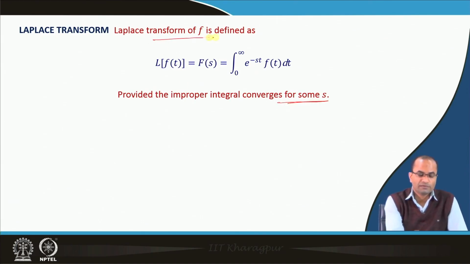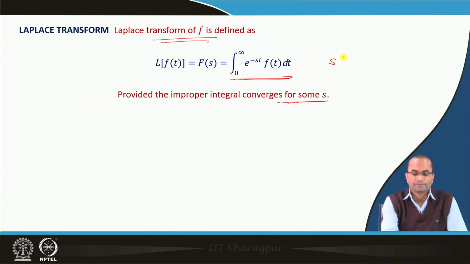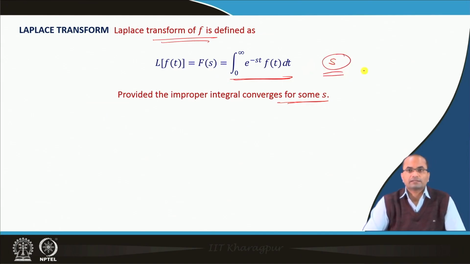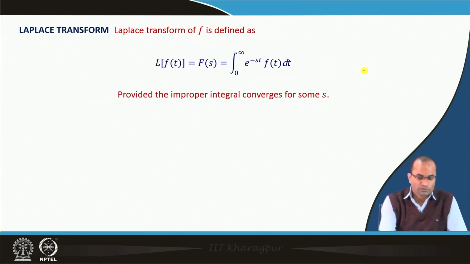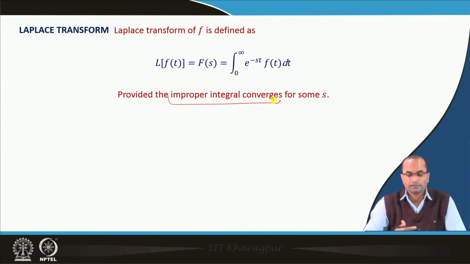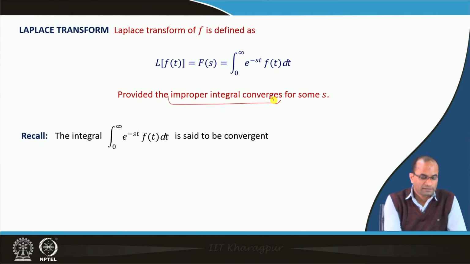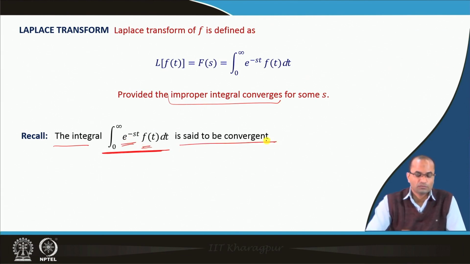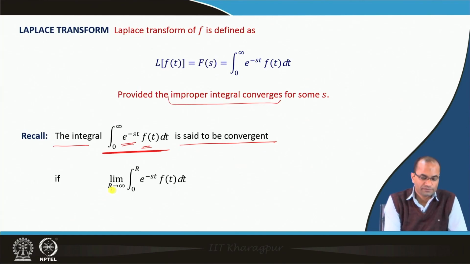So, still we can define this Laplace transform, and then we have to mention the range of s together with this Laplace transform. There is always an issue about this because of the improper integral, and the convergence has to be discussed there. Just to recall, an improper integral of this type, e power minus s t f t dt, is said to be convergent if this limit